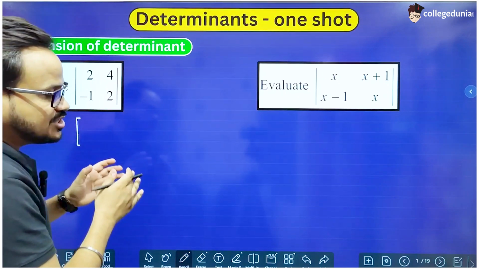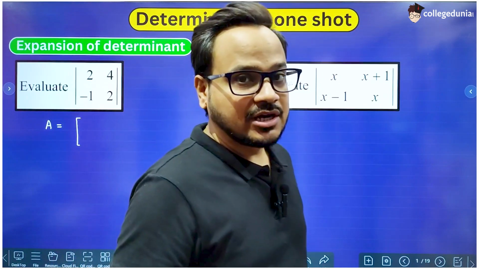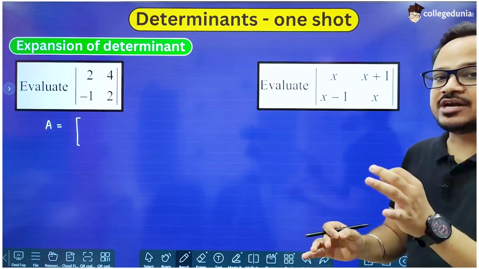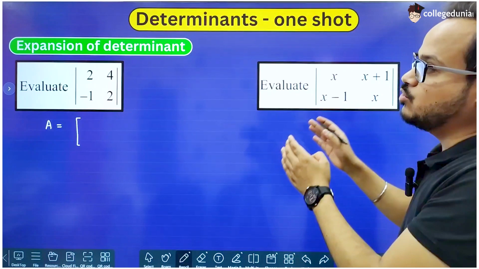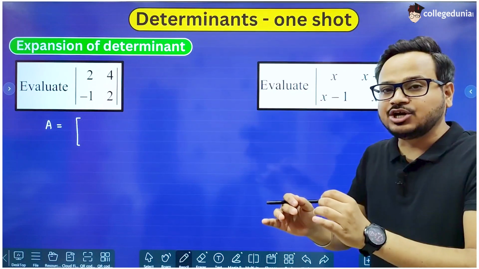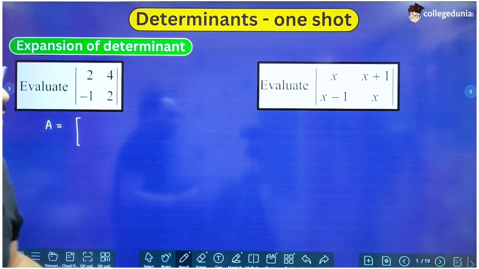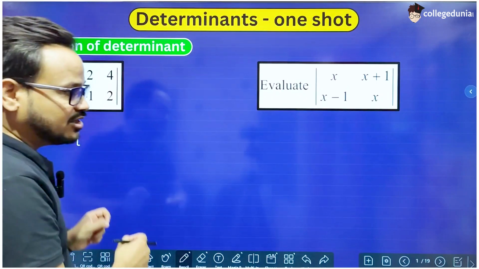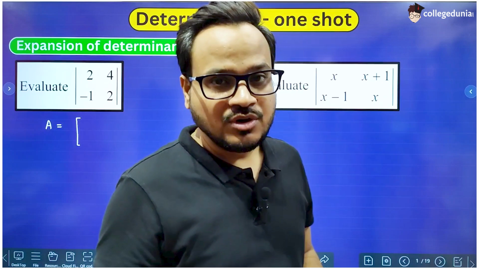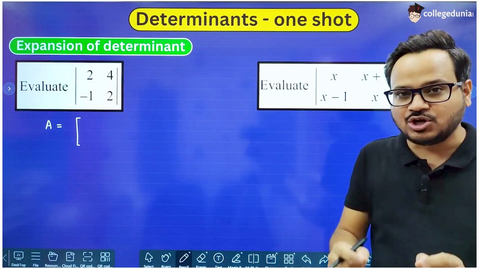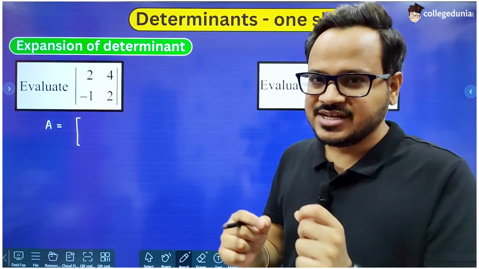If you want to study this chapter, the third chapter, that is matrices, should be very clear to you, because both these chapters are connected. The concepts that we are going to study in this chapter are related to the concepts of chapter 3. So if you do not know this chapter, you will face some difficulty in understanding these concepts. So I suggest you first study chapter 3. We have a one shot video of chapter 3 also, then you can watch this lecture.